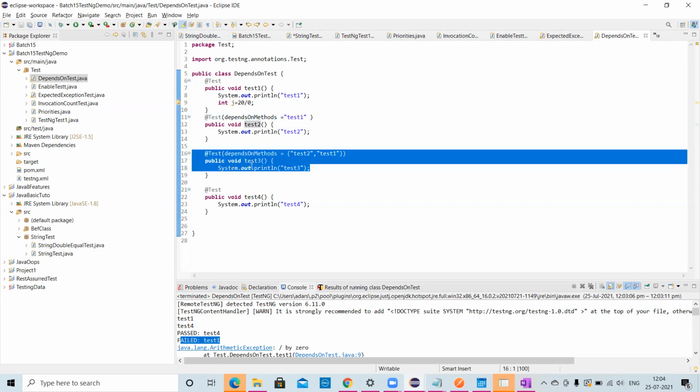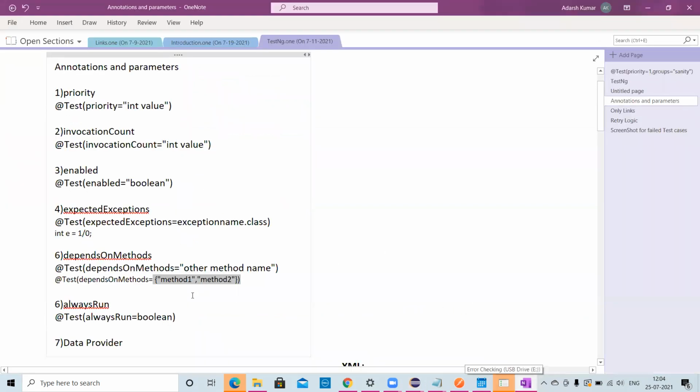So in real time, how it works is all our test cases may be depending on the login method, right? If login itself is not working, I don't have to execute any other test cases. It's a valid one. So this is how we describe the depends on method. Okay, so it will be more clear now. Depends on method is like, if you have to give a single method, you can give it as a single method, or if you have to